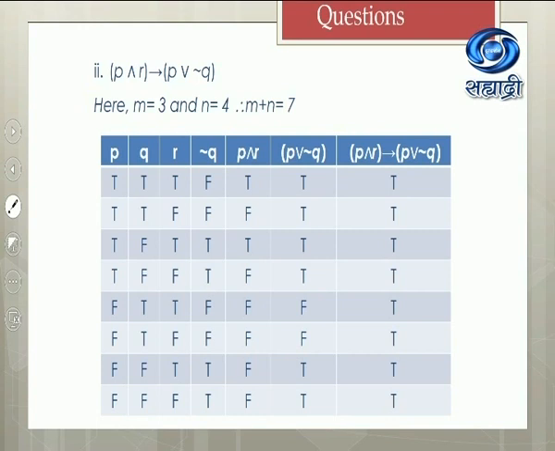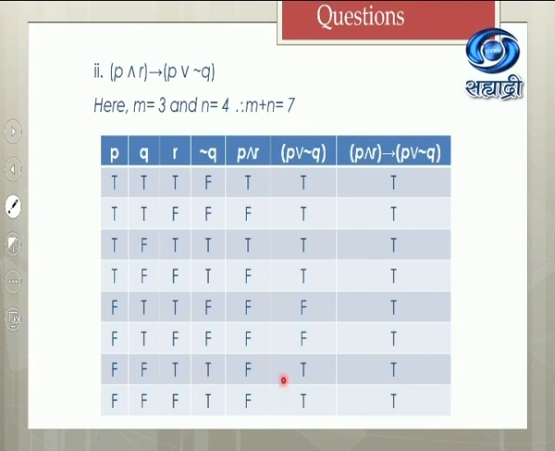Okay. Now we want P or negation Q. That is this column and this column, but with OR in between. So for OR, recollect that if one is also true, then it becomes true. So true or false is true. True or false is true. True or true is true. True or true is true. False or false is false. False or false is false. False or true is true. And false or true is true.